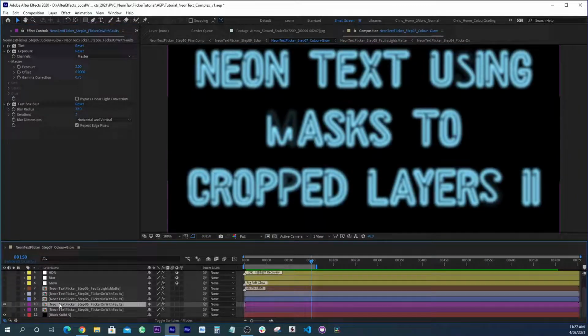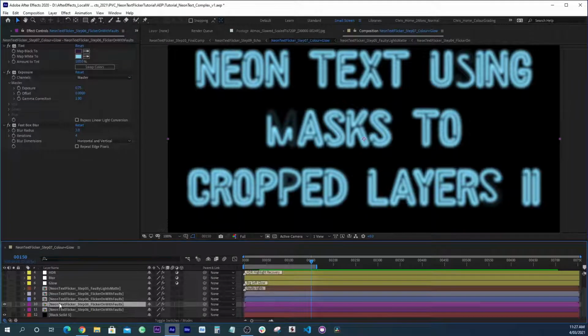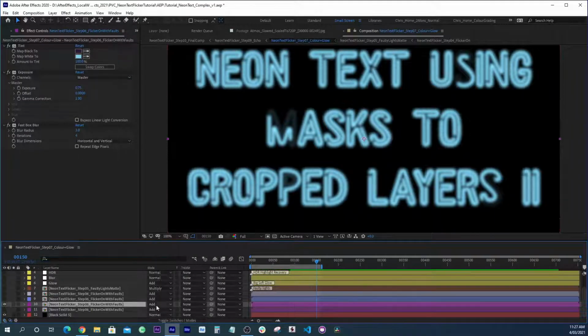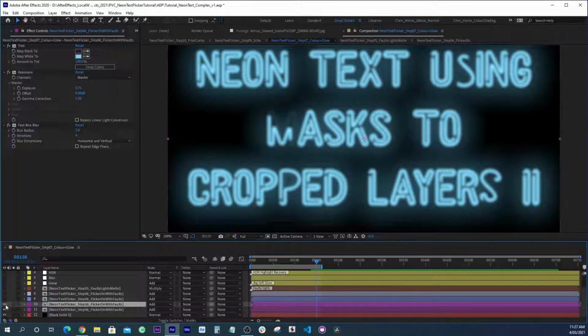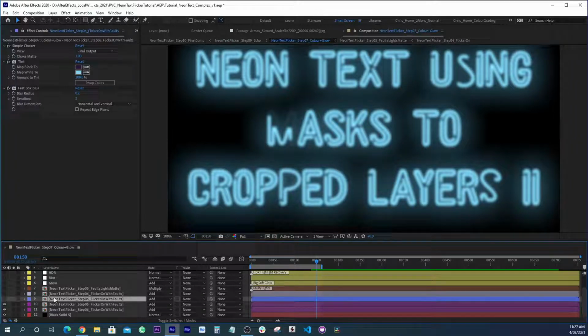Now I've done exactly the same thing. That's a duplicate of this layer, except this time it's only a 3 pixel blur, and these layers are being added on top of each other. So I sort of have a blurry falloff, and again, we've got another